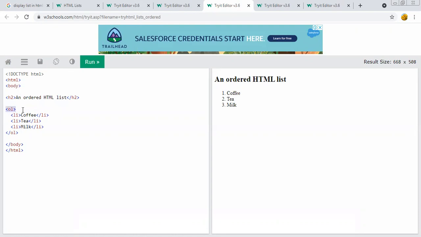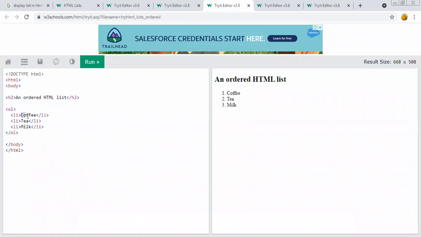We can start with the OL tag followed by the LI. With the help of this, we mention n number of list items. After entering the list items, we close the OL tag. The numbers start from 1 and increment by 1 for each successive list element in the ordered list. So here is the example where we want to display the ordered list.